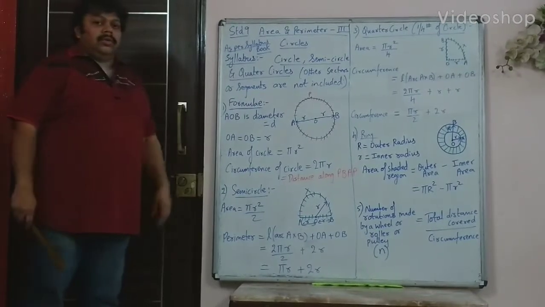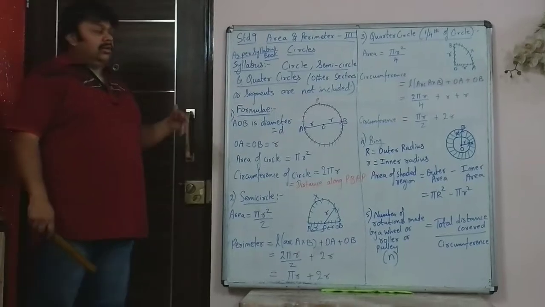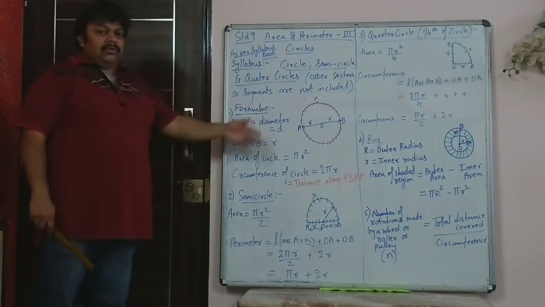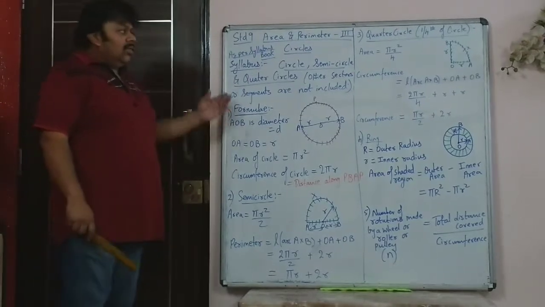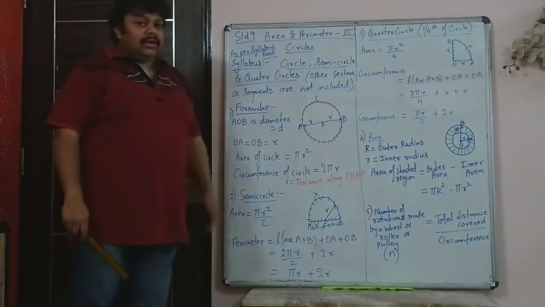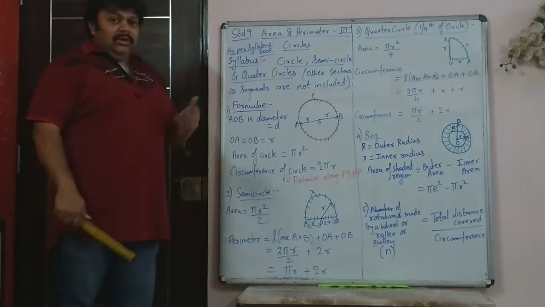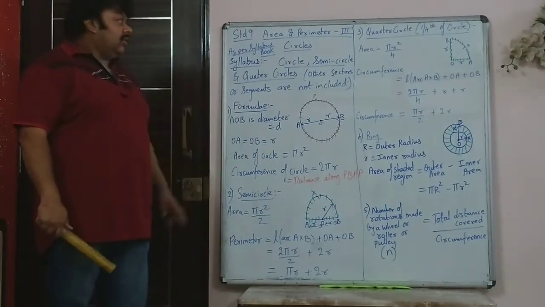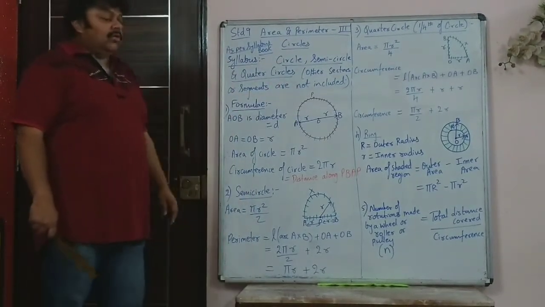We will continue now with the third part. Bombay Scottish students have finished this part, but I have not done it with Gopal Sharma, so I will be completing this chapter with the third part. Bombay Scottish students need not copy it again, but yes, if you want to go through any of the sums which are being explained, you can definitely go through the video. But Gopal Sharma students have to copy all this in their long books.